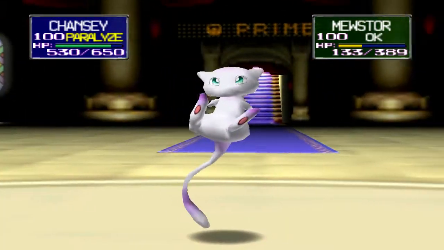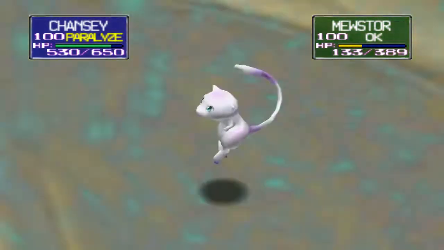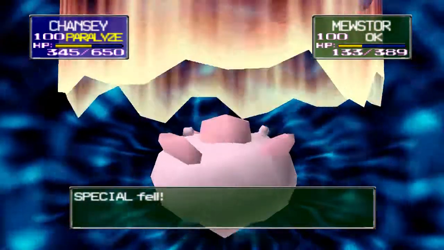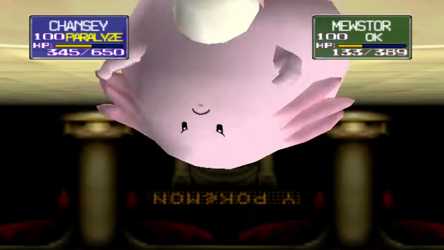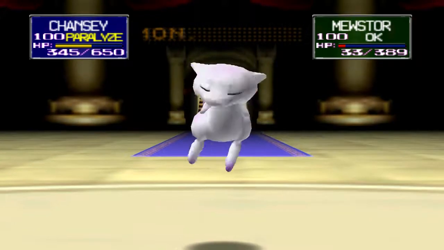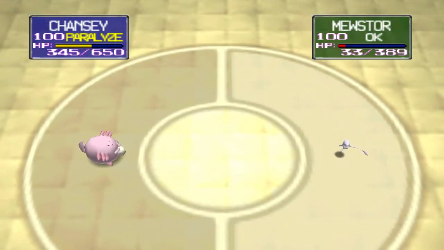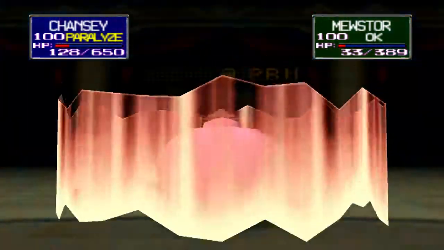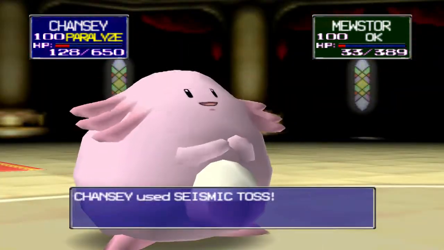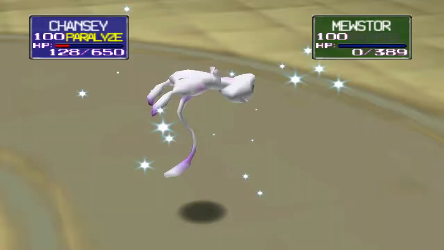We got our special lowered. If it lowers our special again, we should look. Oh. Oh god. We should be able to KO it with just 1 more hit. If it gets another Psychic, we should be able to survive. Oh god, special lowered again. But Seismic Toss. I thought 3 times in a row that I accidentally pressed